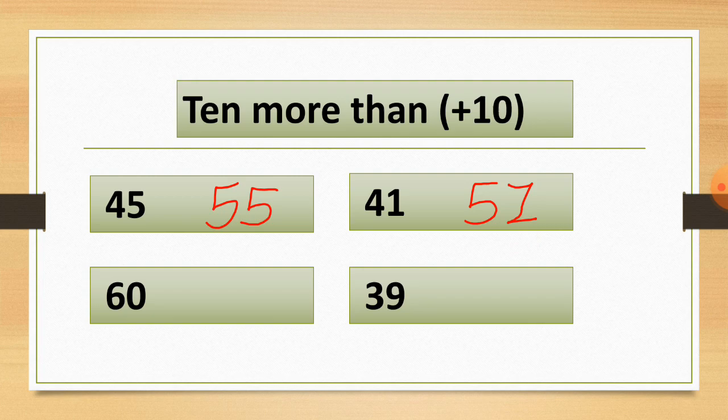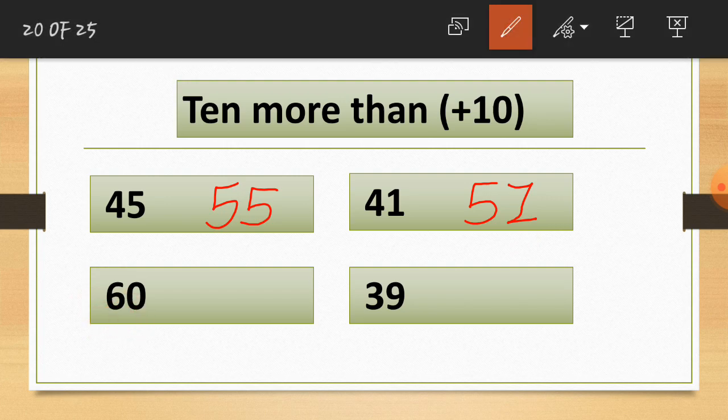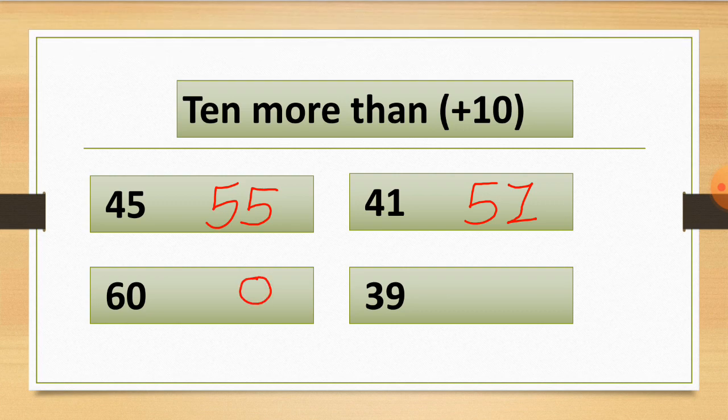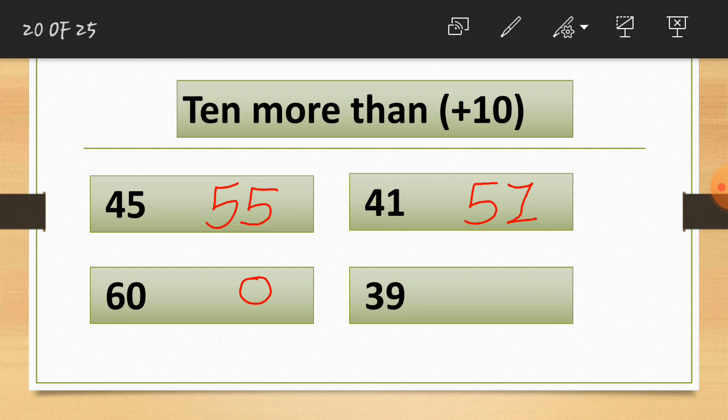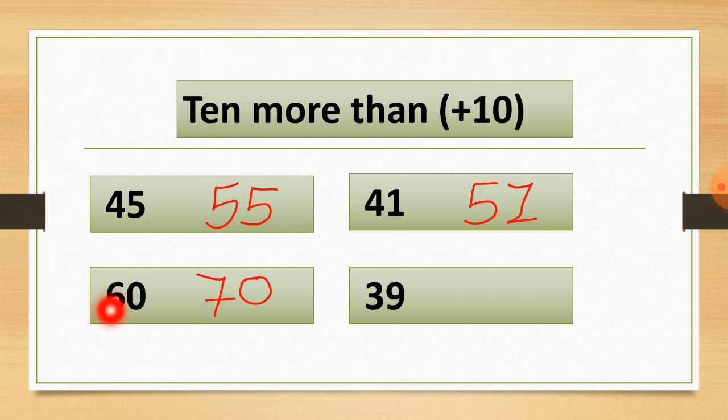Let's see one more example, which is 60. You can see here through this red dot. Now this one's value is a 0 here. So I write this 0 as it is in the ones place. Now here is the 6, which is at the tens place. So we will add one number to it. So 6 plus 1 is equal to 7 here. So I write 7 here. You can see we are getting the answer 60 plus 10 is equal to 70, and this is our answer.